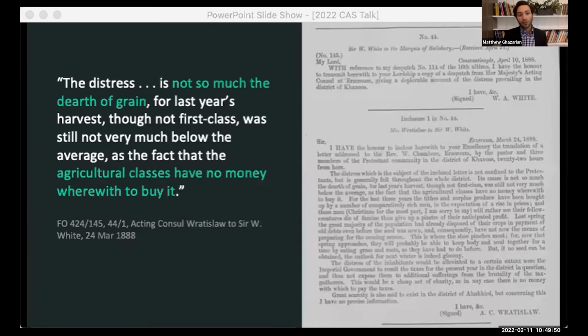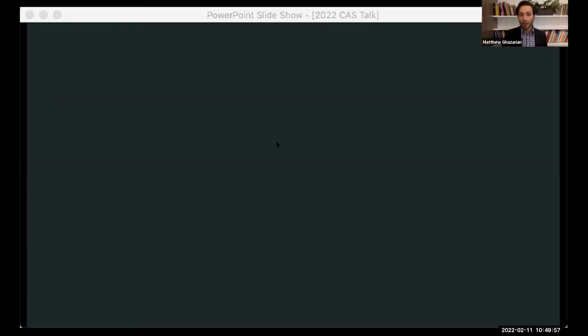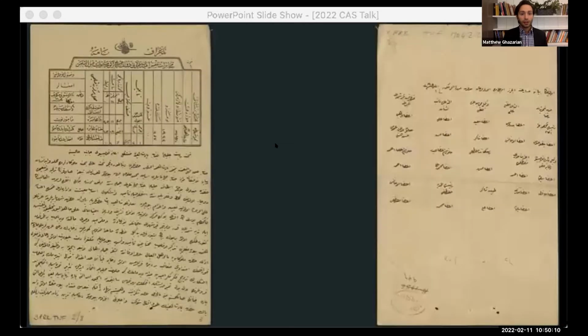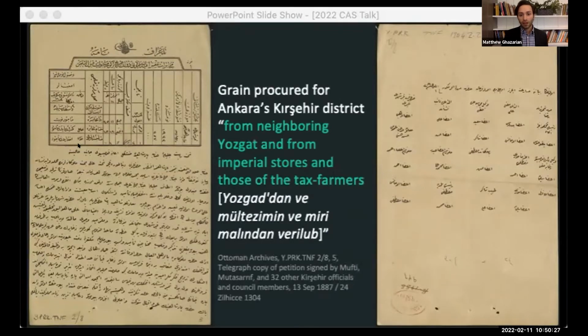The Ottoman Famine Relief Commission correspondence from this time also demonstrates this point. So in Kırşehir, in Ankara, the government likewise focused not on procuring grain from afar, but by finding money to coax grain out of nearby granaries. So here we have some correspondence from the Famine Commission organized by the government during this period, and they found grain right there in Ankara province, in the imperial granaries, as well as those controlled by local tax collectors. So here's a description of the famine relief, and they find from neighboring Yozgat, from imperial stores and those of tax farmers. And just to give you a visual of what this looks like,